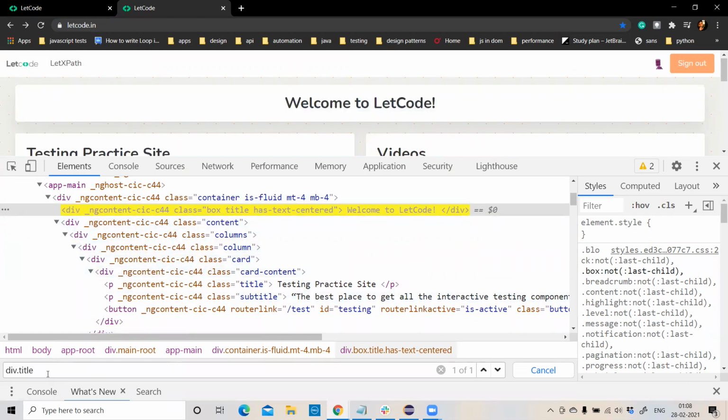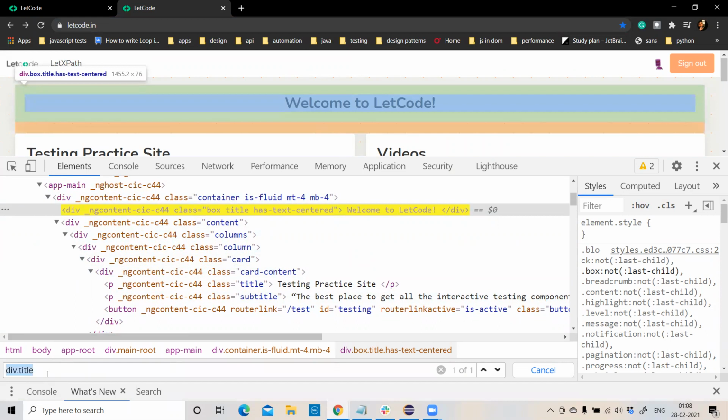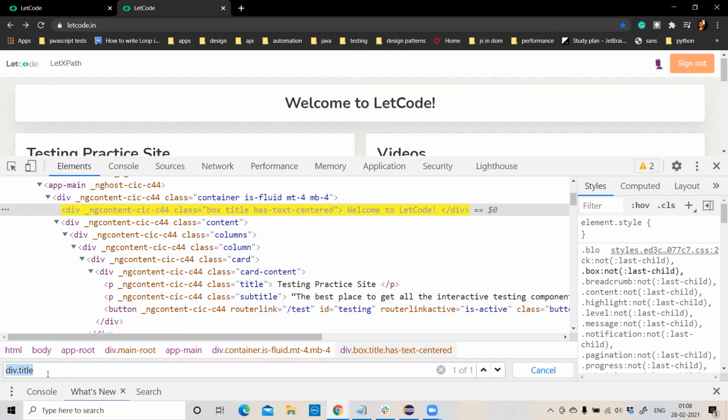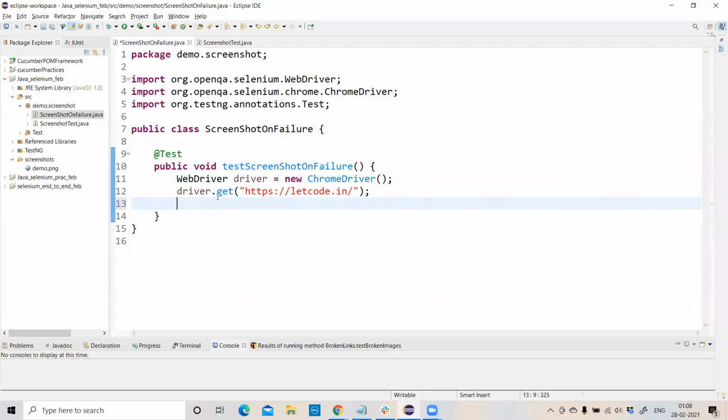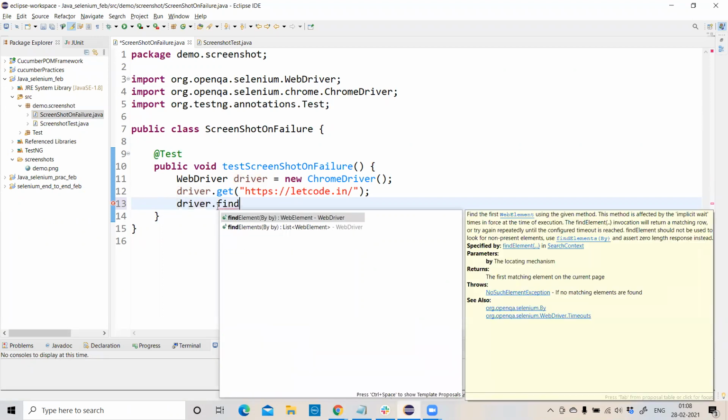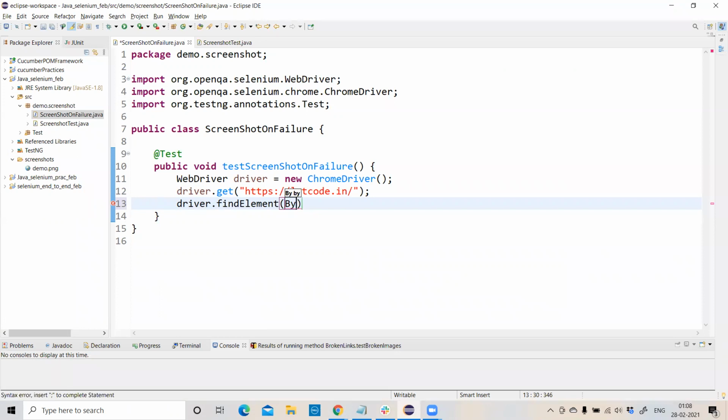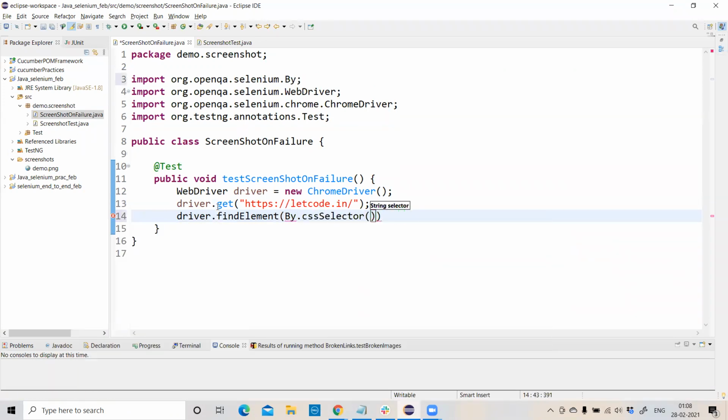Right, we have uniquely found this element. Copy this CSS selector and try to find this element here: driver.findElement using the By locator, By.cssSelector. So right now you found this element.